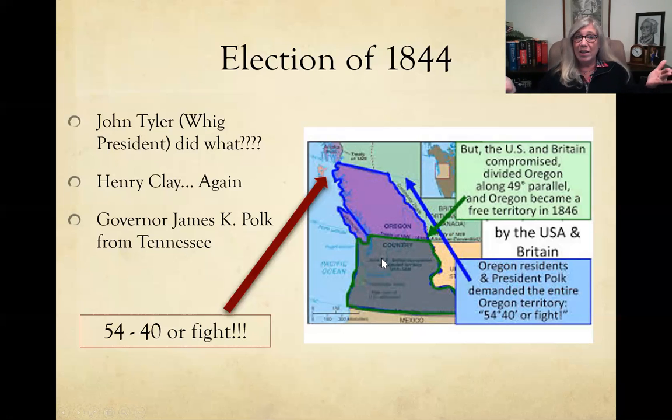So if you think about what James K. Polk is proposing, you would bring in Texas that you know is going to become a slave state, but you're also going to bring in Oregon. And this coastline in Oregon would benefit the northern states, who would then have port cities to be able to send their manufactured goods to the Orient. So he's kind of being strategic here, bringing in support from the South and bringing in support from the North, saying, I'm going to annex both. Think about manifest destiny. We would now expand from the Atlantic coast to the Pacific coast for the United States. So in a very close election,